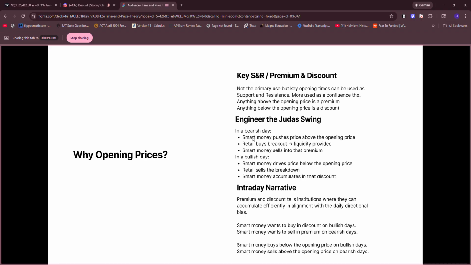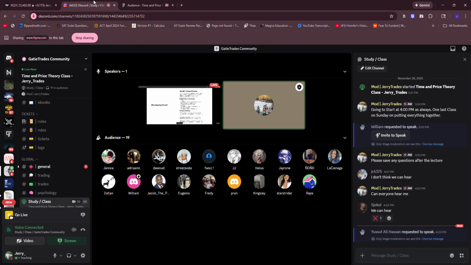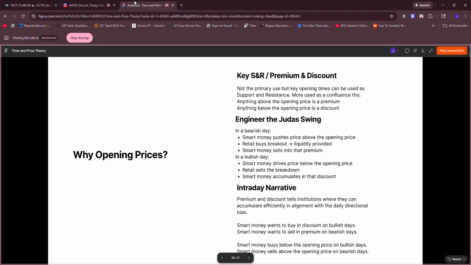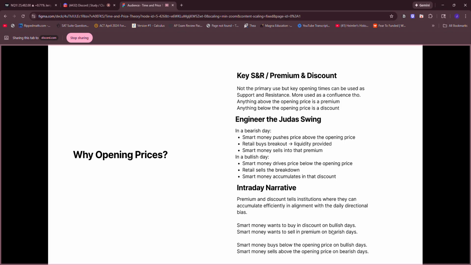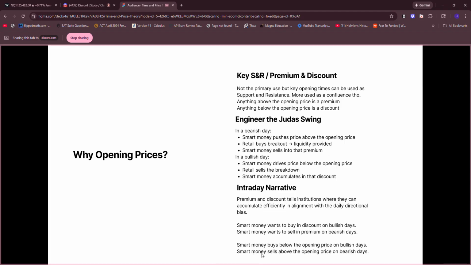So very simple, right? Smart money pushes price above the opening price. Retail buys breakout, liquidity provided. Smart money sells into that premium, right? So basically, smart money is always looking at getting into a discount. They want to get the best possible price, and smart money will buy in a discount. So best possible price, right? So it's basically smart money buys below the opening price on bullish days, and it sells above the opening price